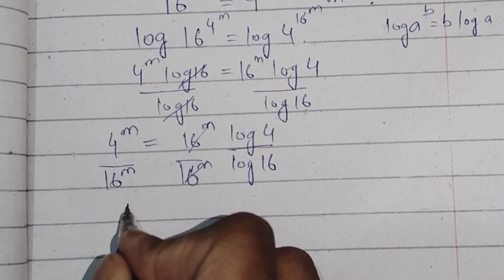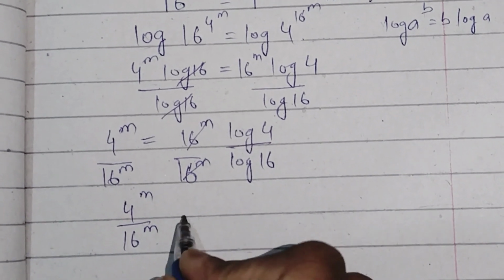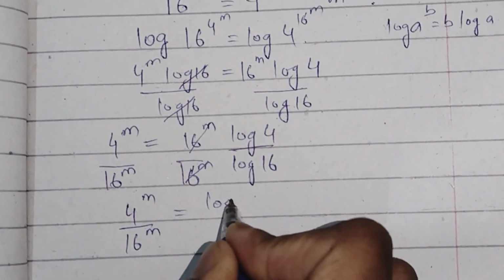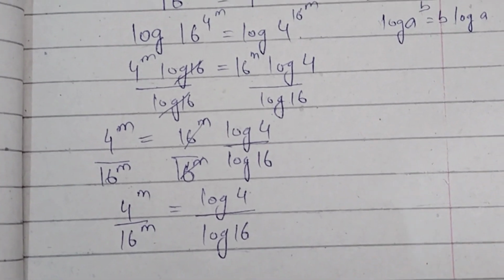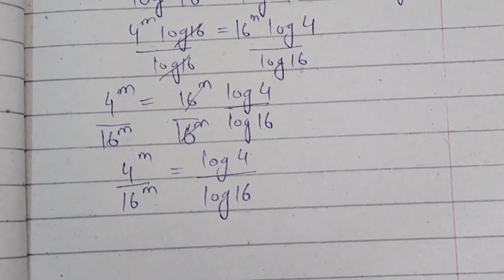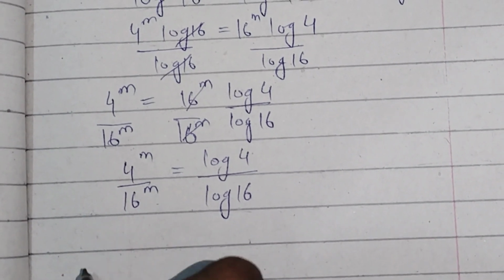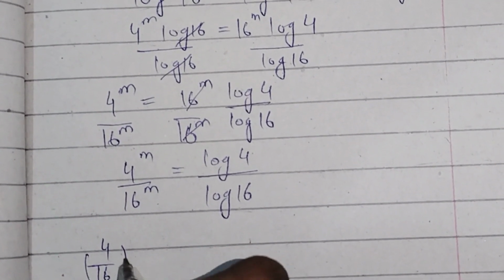We are left with 4 power m over 16 power m equals log of 4 by log of 16. We can write this as 4 by 16 whole power m,